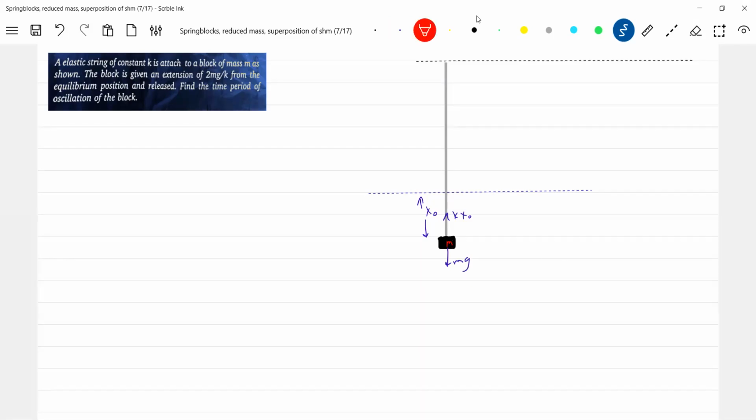Now what is being done? This is an elastic string. It cannot undergo compression, it can only undergo extension. So it is being pushed down by how much? 2mg/k. What should it be? It has been given an extension of 2mg/k. So I'm going to,